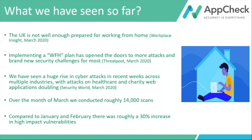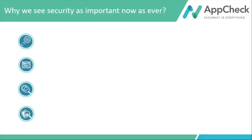And one last one I'll point out on this is there's been a huge rise in phishing emails as well. AppCheck isn't a phishing expert. It's not really our specific key area, but one vulnerability that doesn't get blamed enough for phishing attacks is a nice little vulnerability called cross-site scripting, which some organizations on the call today may or may not be familiar with. I'm not going to go into it in detail, but it's a key vulnerability we find time and time again, and it makes the phishing attack much higher and more likely successful in catching out some of your employees or customers as well. So that's what we've seen so far